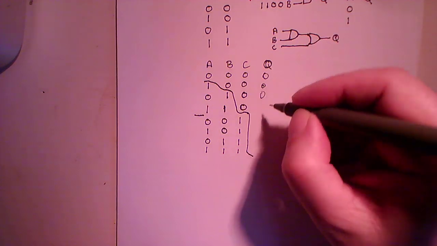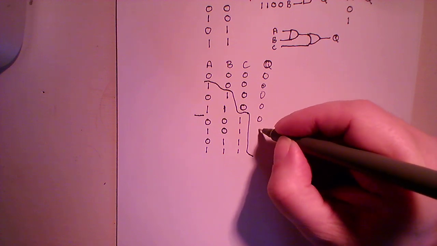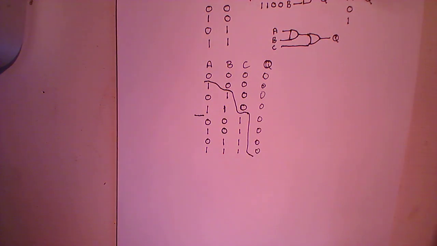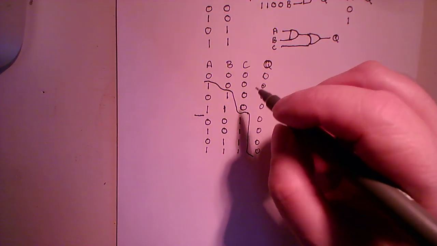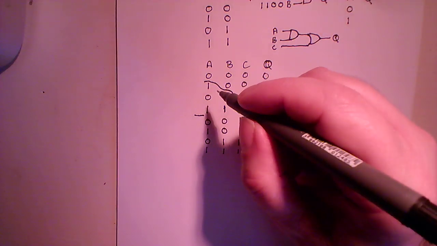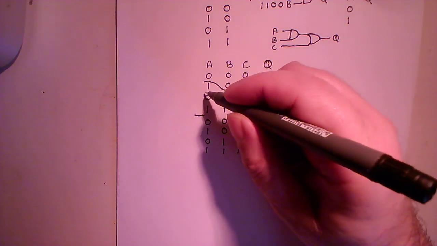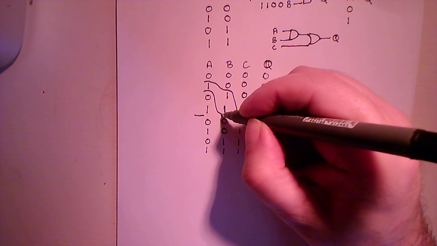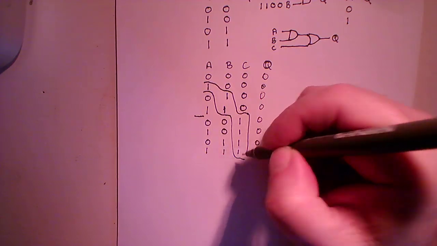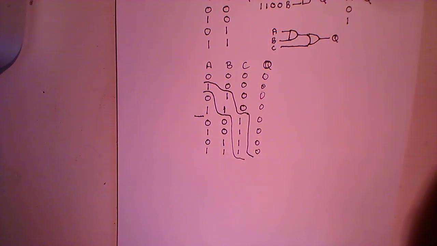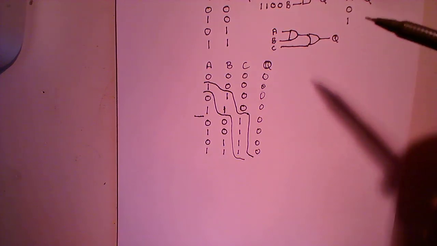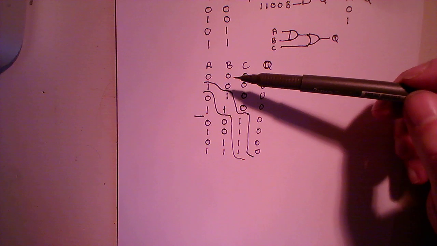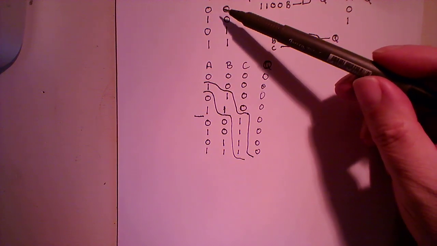Let's call that D. 4, 5, 6, 7, 8. And we just keep repeating that pattern all the way down. So we take a look at the next one. Got the 1 there, 2 1s, 4 1s. It's doubling each time. So if you're unsure how to lay out your truth table, start with zeros and remember